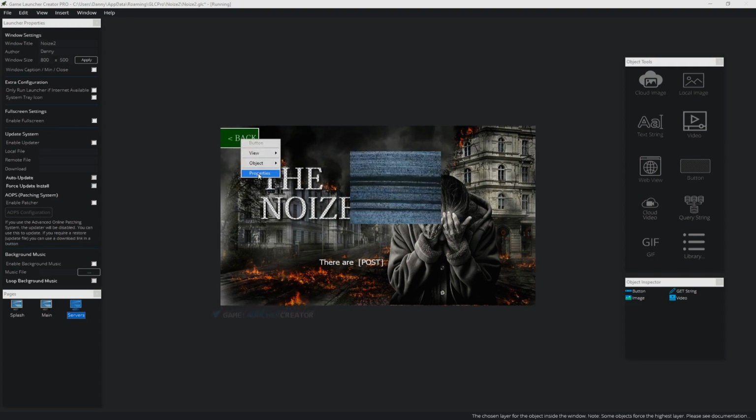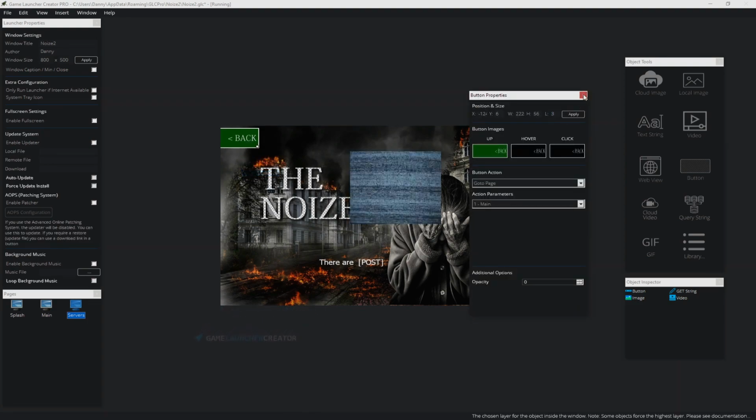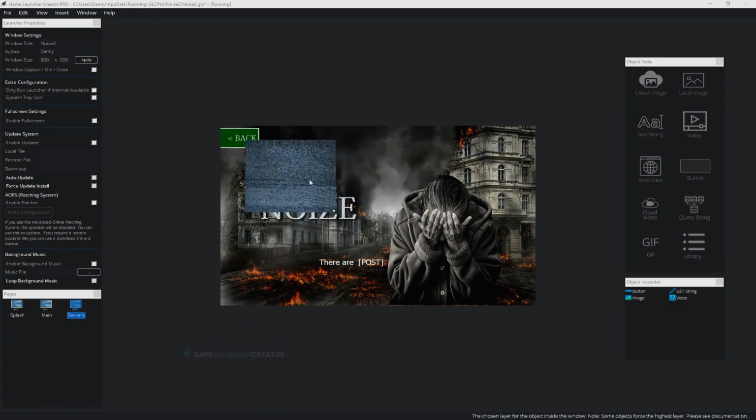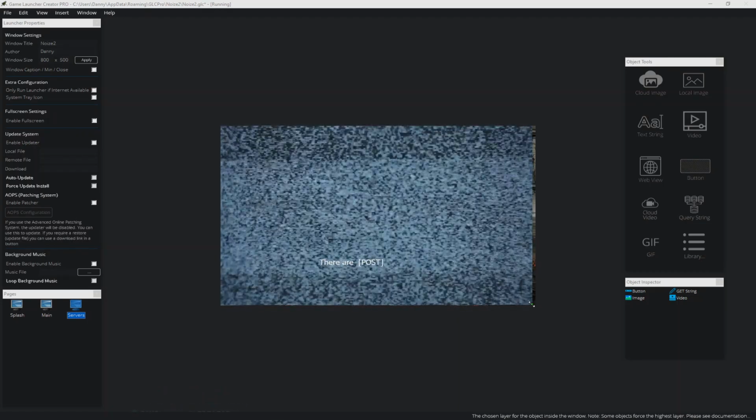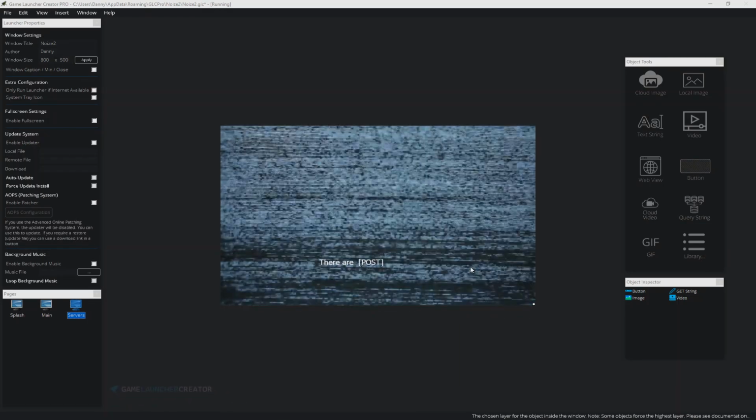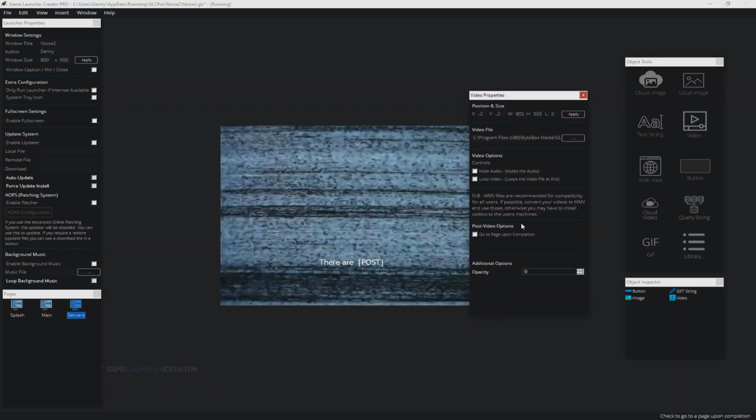I'm just going to pop this on a lower layer, like so. So what you could do is position it at 0, 0 and just drag that out, and there you go. So you could create a video intro, and with the Pro version, you can select